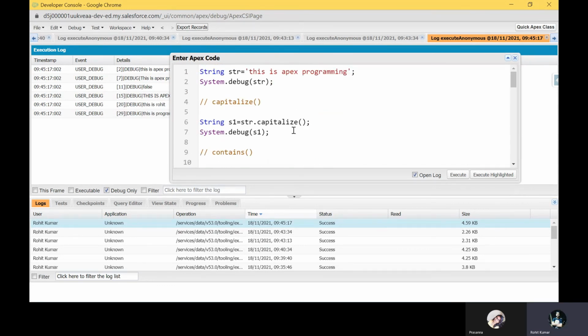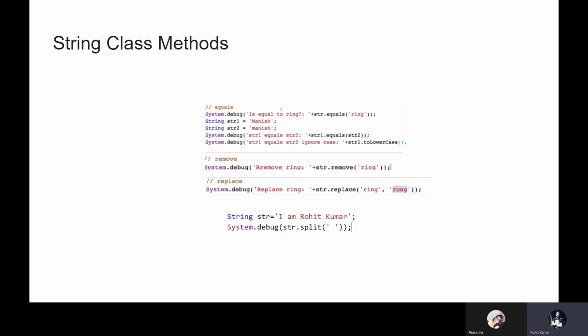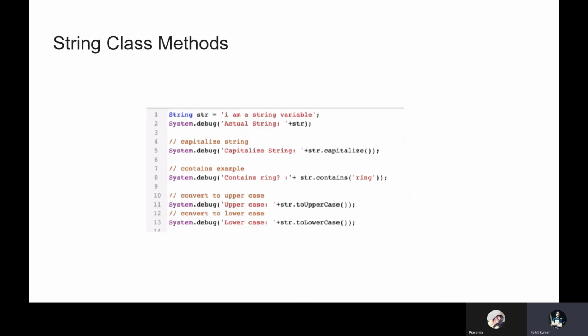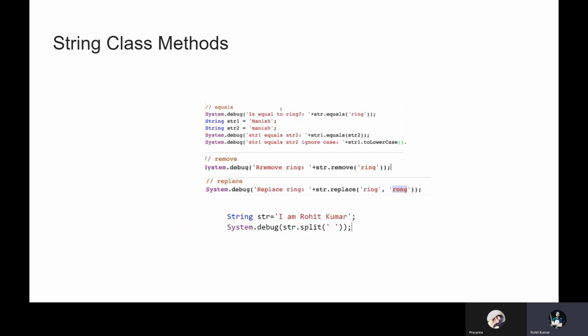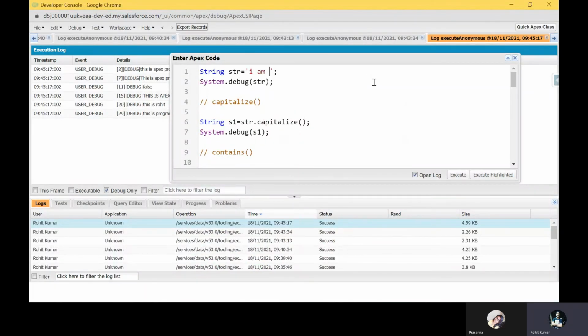I have one string, this is apex programming. Let me change my string to anything you want, like: I am a string variable, for better understanding.